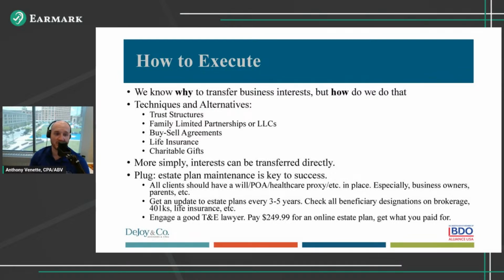We have family limited partnerships or LLCs. Those are a good topic as well. We have buy-sell agreements, which can also accomplish this, but there are some things to be aware of in that realm, especially in light of some recent court cases. We can use life insurance, right? So if we talk about that example of John Doe again, he could go out and get a whole life or term life policy that would cover part of that. I think life insurance is not a panacea, but can be a great solution in an overall strategy.